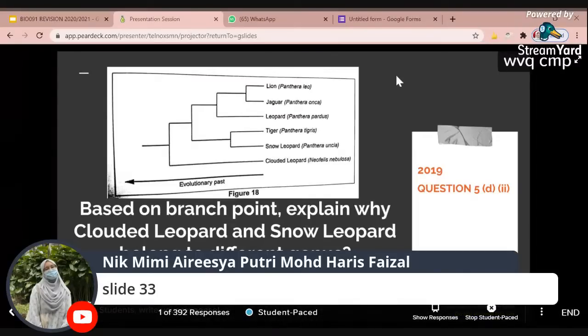Okay, saya write down dalam chat slide 33. Okay, so you can say that it have different morphology atau characteristics atau sequence of DNA. The other point is